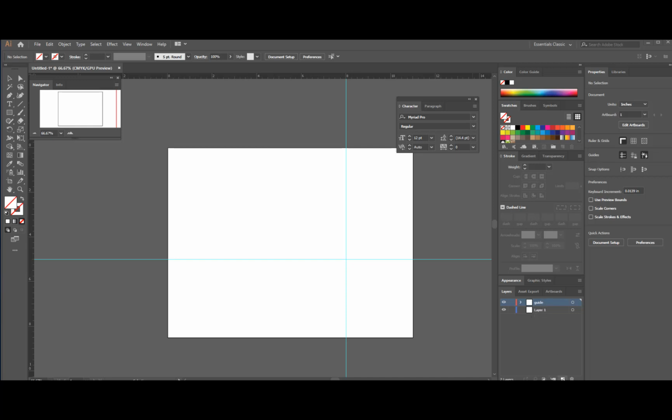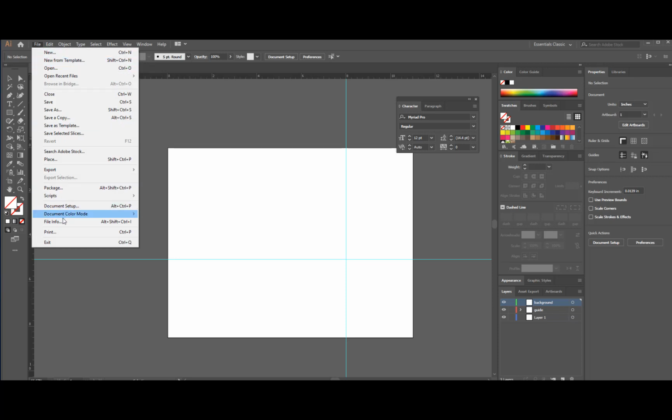I want to create a new layer by just clicking on the new layer icon, and Layer 3 would appear. If I change the name to background, and make it the current layer that you're working on by highlighting the background layer, I will then go ahead and go File, Place,